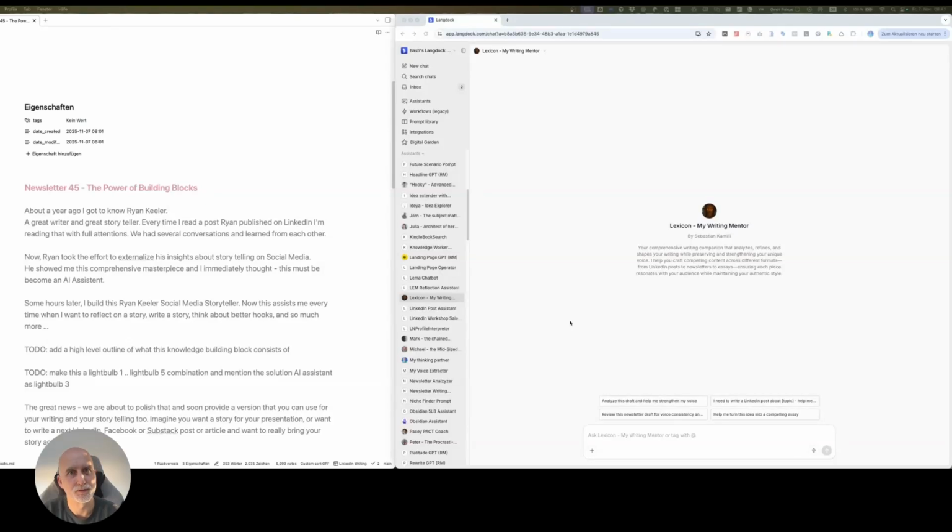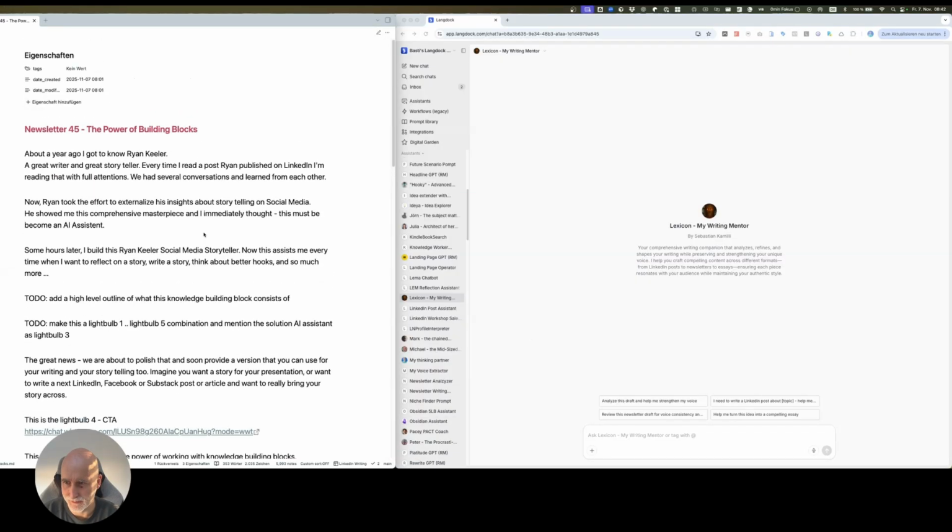This is a small run-through of how I write newsletters and also use the building blocks that I created over time, all packed behind AI assistants that actually help me on so many different lanes. I'm just running through this to give you an impression of what you can do with building blocks. First of all, I have here on the left side a draft of a newsletter,